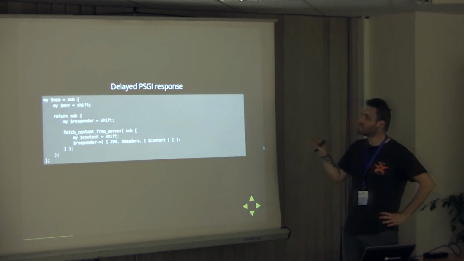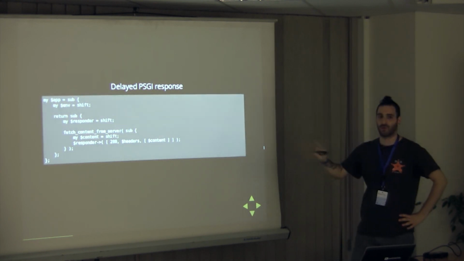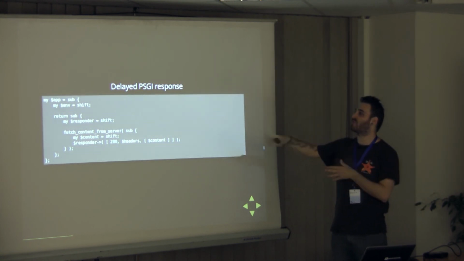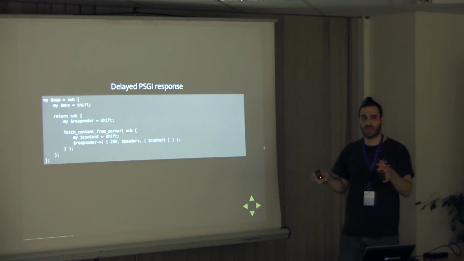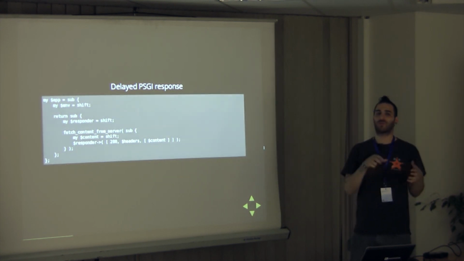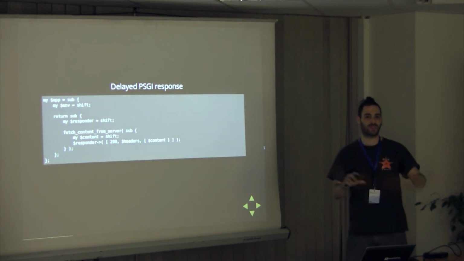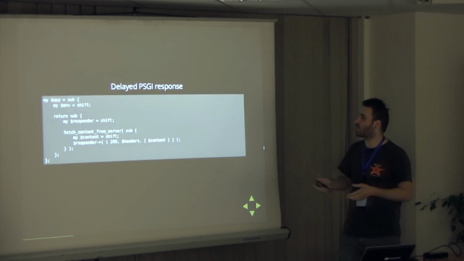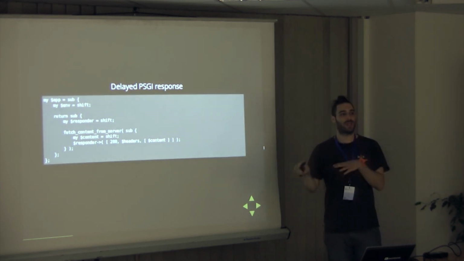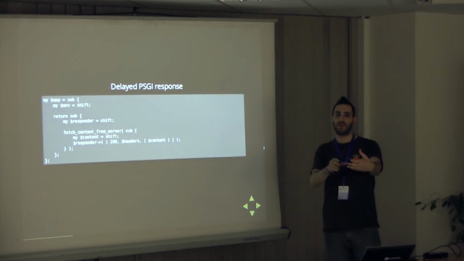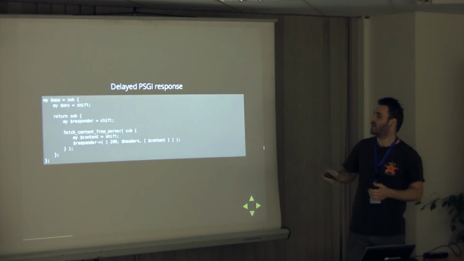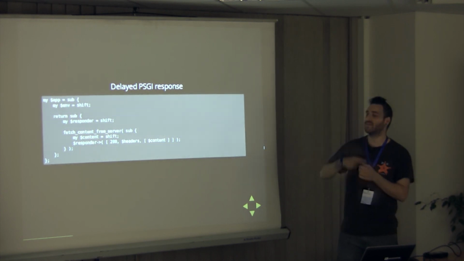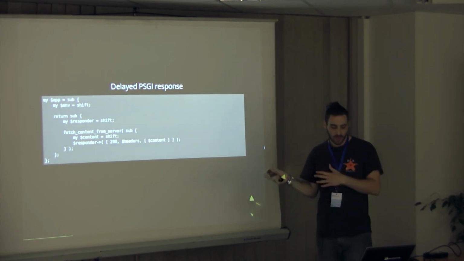So this is a bit more advanced. It's kind of confusing. But basically, if you know Perl, it's not too confusing, where you have an environment hashref with all the information that you need. It will contain all of the headers and stuff like that. Instead of returning a response, where I already know what my output is, I know what the status code is, I know what the content is, instead what you send is another piece of code. It's a callback. So when I do return sub, I'm actually saying, hey, you know what? I don't know what it is, but I'm going to send you a piece of code that when you run it, it will tell you what it is. And that piece of code receives an object, a responder, which I can later use to send it the information once I have it. It's a bit more advanced.